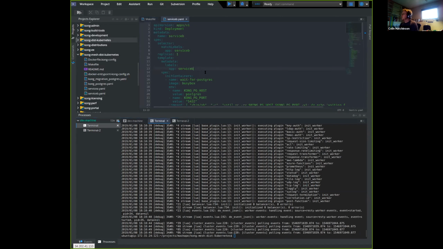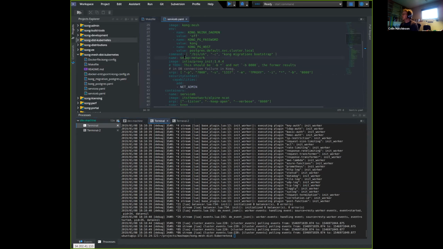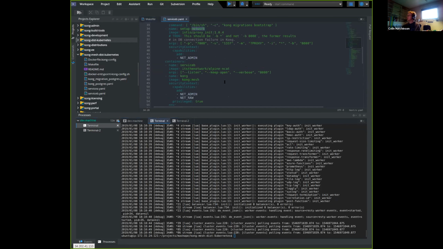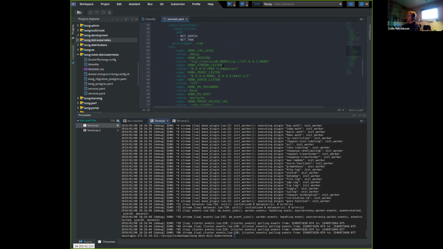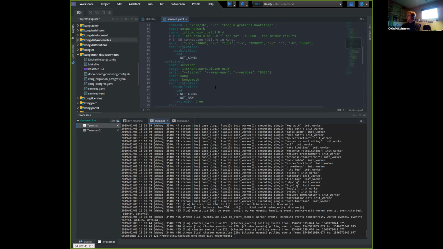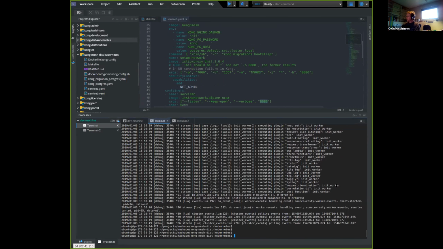So what is service B? We wait for Postgres before we start, double check my Kong migrations, and I set up the network. We'll circle back to that. So the two things I'm running, so here is the Kong instance. This Kong instance is configured for transparent proxying on port 7000. And this NCAT is simply listening on port 88. So now that that's running,